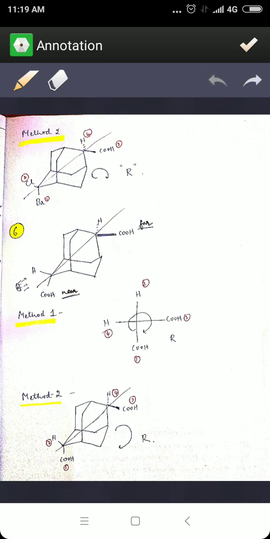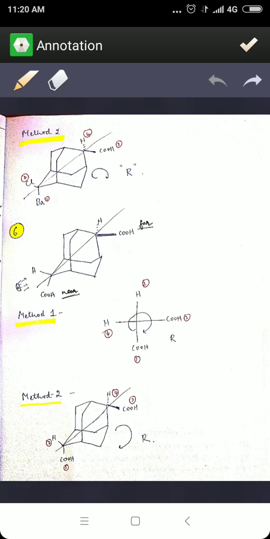Now, you see here, bromine is getting the higher priority, number 1, and chlorine is getting the second priority. And for the other two groups, carboxylic acid is definitely the third group, and hydrogen the fourth group. Now, you can do the RS configuration. It is going to be 1, 2, 3, and 4, that is the clockwise direction, hence it is R configuration. So this is the method which I have used. There's the first method and the second method also. Whichever is suitable for you, you can make use of that.